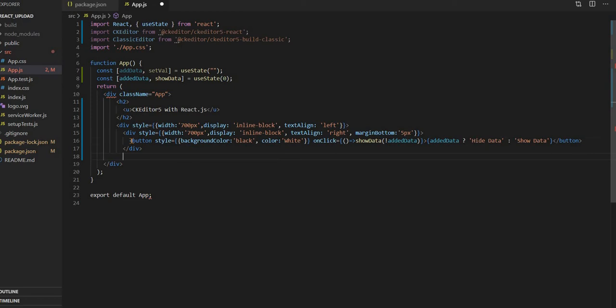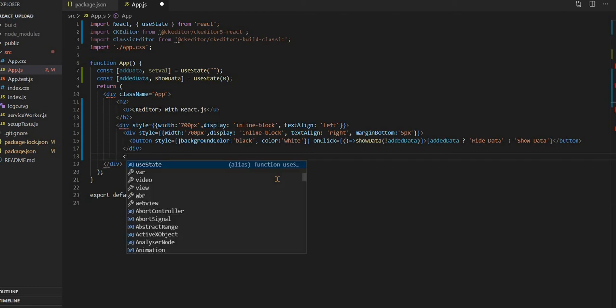So guys, here what I am doing, on click I am calling the function. So this function will get called, and whatever data we are passing, it will get updated to this useState variable. And based on the value of this variable, I am changing the label of the button, so I have added the ternary operator here. So let's move to next.